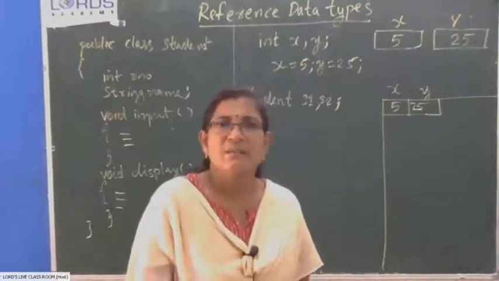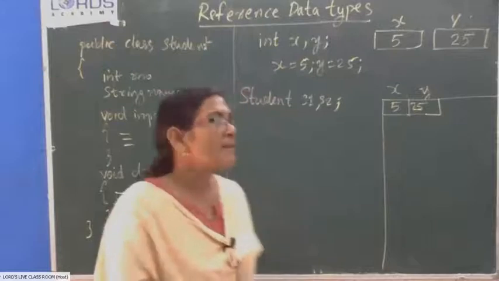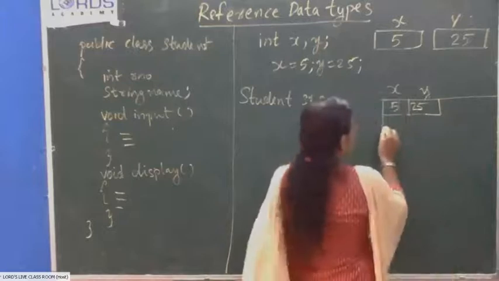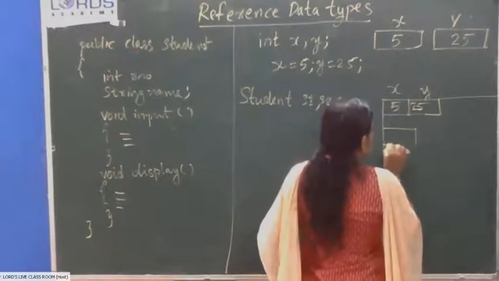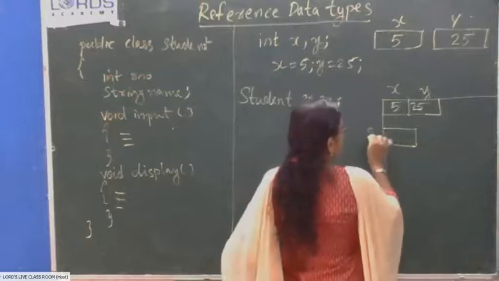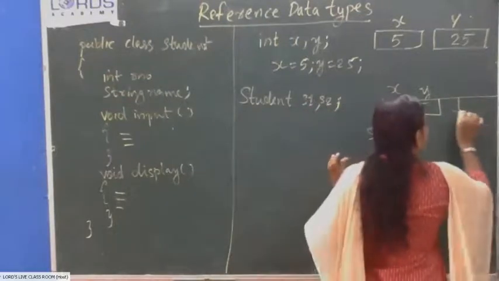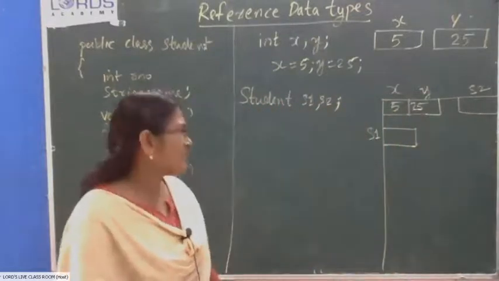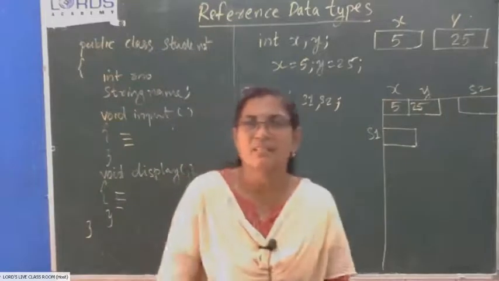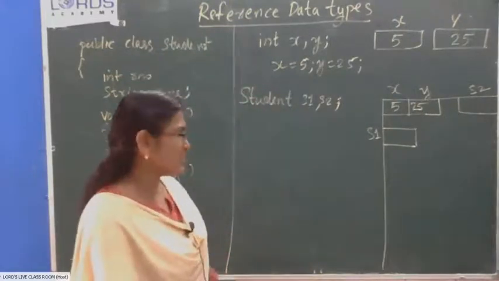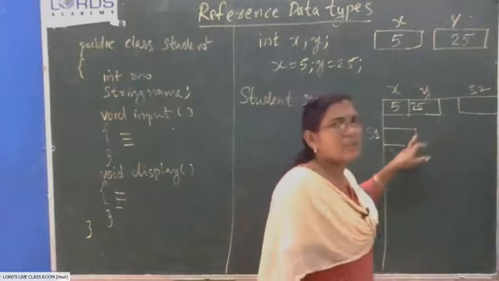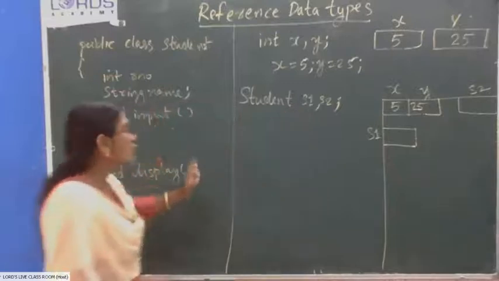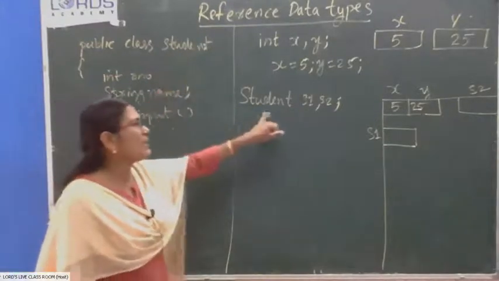When this statement is executed, in the computer memory two different storage locations will be created and given the names S1 and S2. Two memory locations will be reserved. They are special types of memory locations. You will not be able to store any value in these locations because they are of Student type. Student is a class, a particular class type.